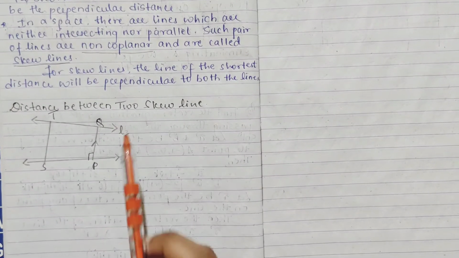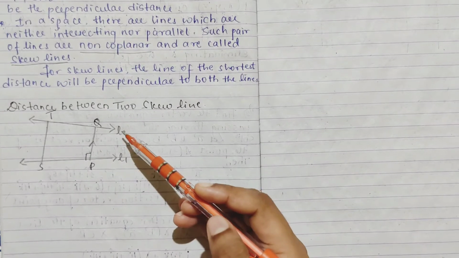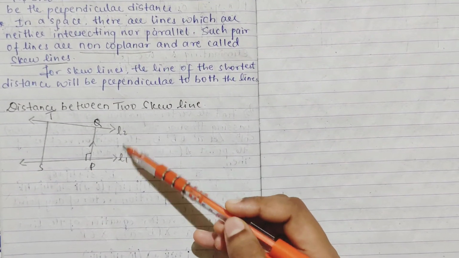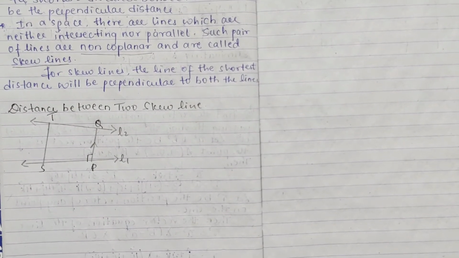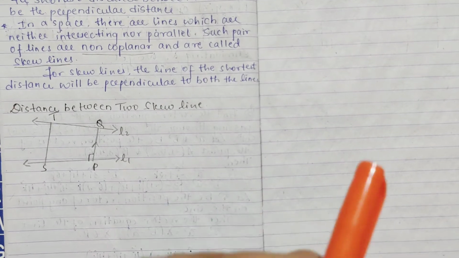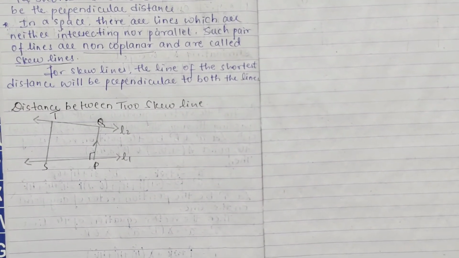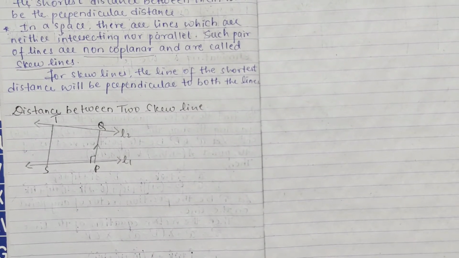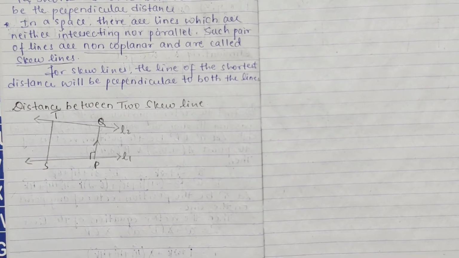So we'll see the distance between two skew lines. We are taking lines L1 and L2. In short, I'll explain shortly, then write the whole thing in sentence form. Again, I'll tell you what all you have to write. I'll mark it. So shortly, just the main points, the equations, I'll write. I'll explain that in a sentence as usual, and I'll tell you what all you have to write.